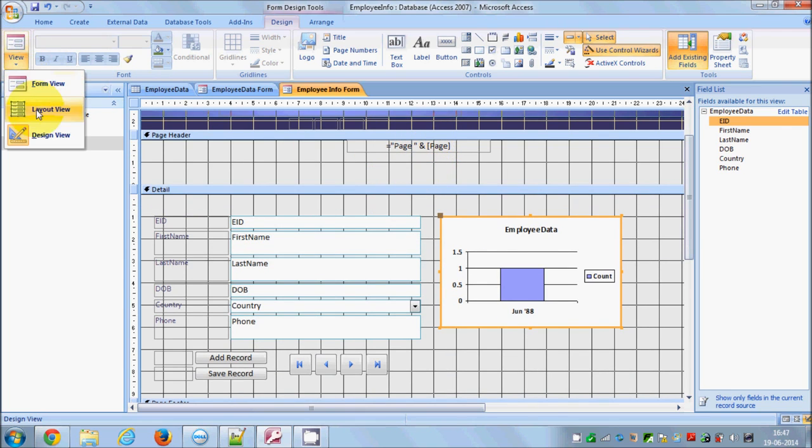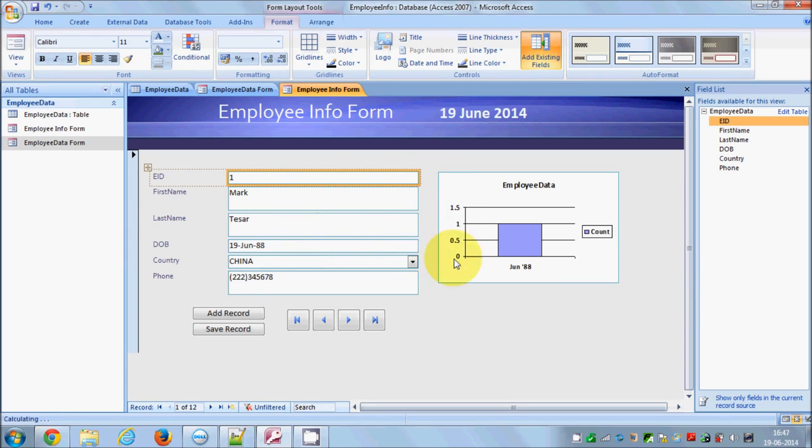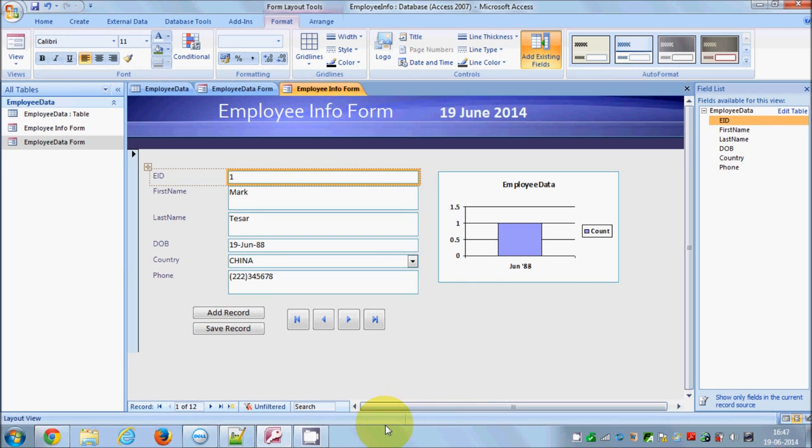Okay, so I hope you get to know many things to create the form, and I hope you have learned something new this time. In the next video I will show you how to query the database, so stay tuned